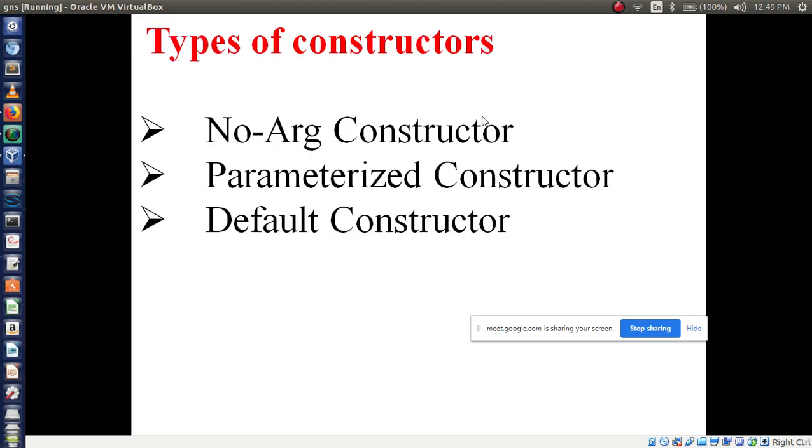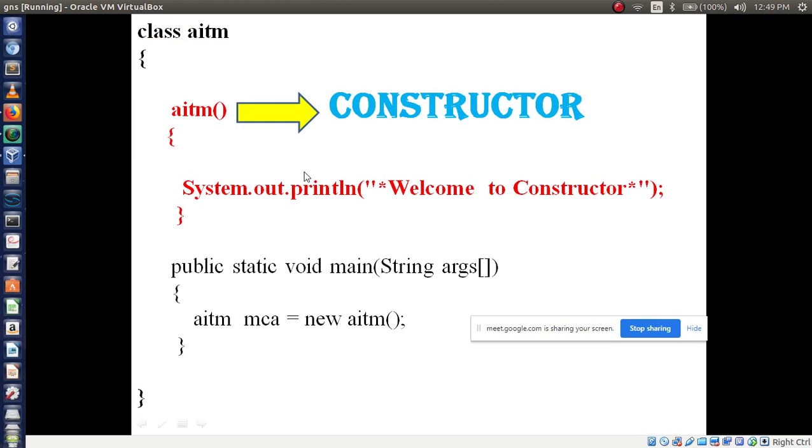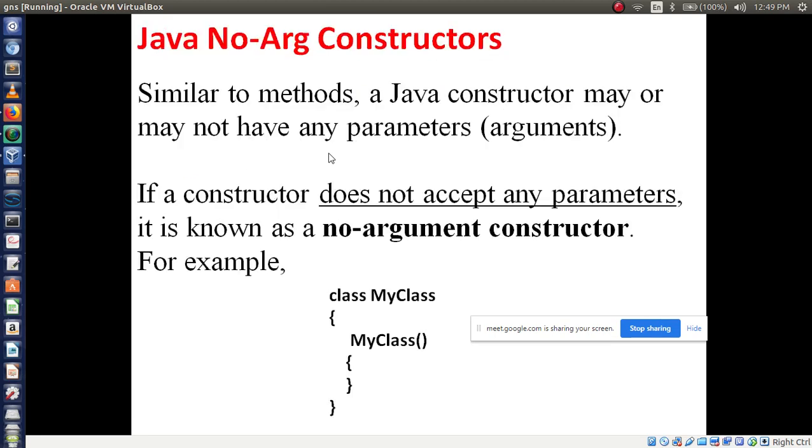In this example, are you passing any values, any parameters, any arguments to this constructor? No. So it is called a no argument constructor. You are using a constructor, but inside you are not passing any values.